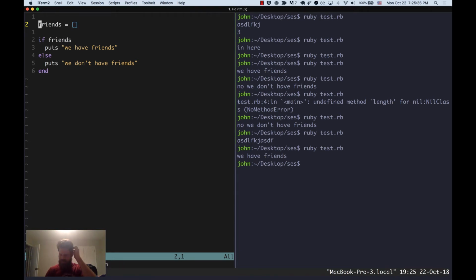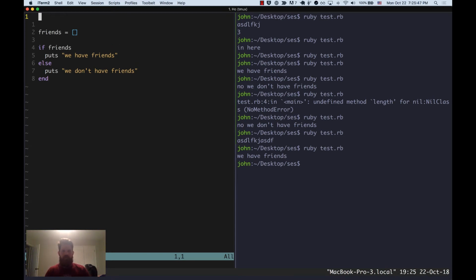And in the Ruby language itself, there's not really a great way to do that, but many frameworks and things built on top of that will provide nice helpers for you. So for example, I'm inside of a Rails project here. And so not that you would ever want to do it this way, but just for the sake of example, if I require Rails will give me this handy helper method called present. And present is like a fancy equality check, and it does what we want it to do. It handles cases like this, where it's like, yes, there is an array there, but there's nothing in there. And so if we run this now using present,